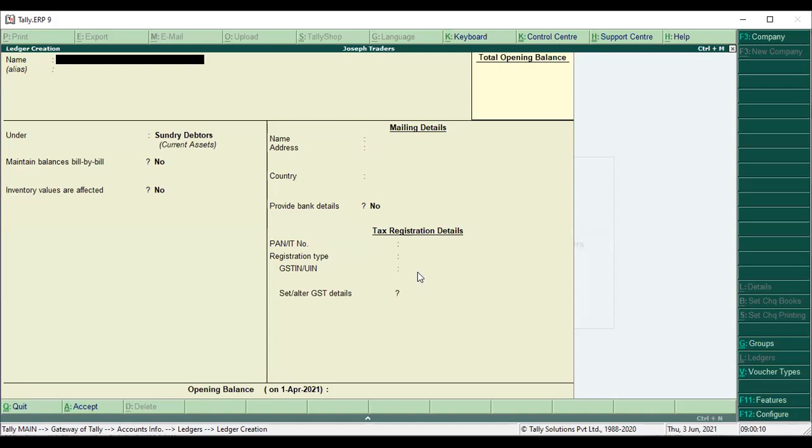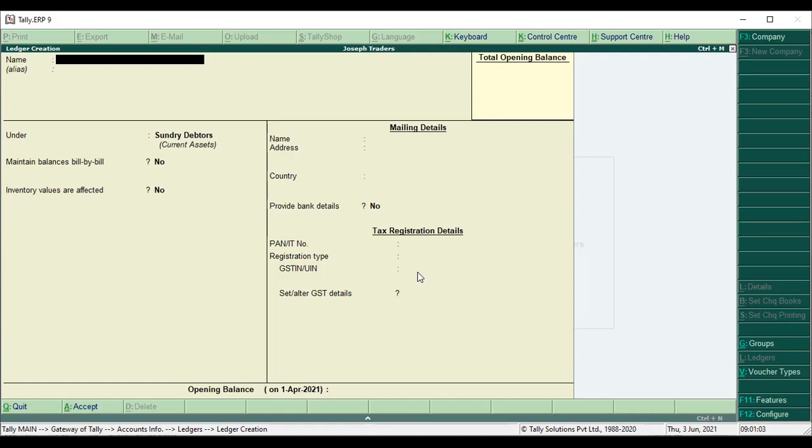Generally we have to create taxes ledger, CGST, SGST, because within the state CGST, SGST you have to create.